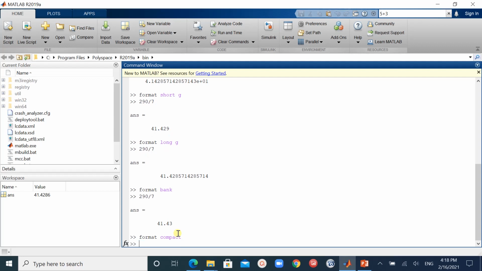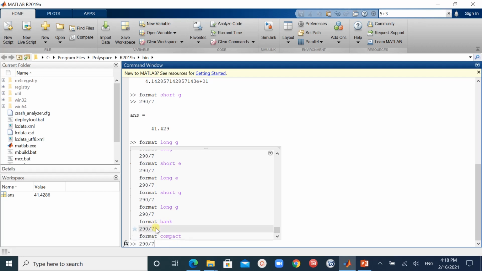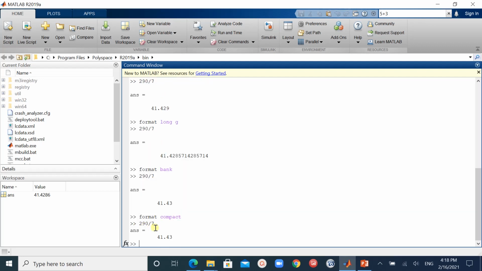Checking an example, now look into and compare the above one and this one. Here when I put 290 by 7, it eliminates the extra lines. As you see here, the empty space before the answer and after the answer, but here the empty space is eliminated.